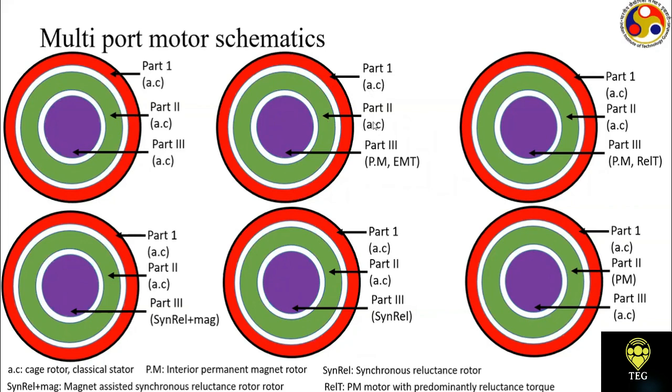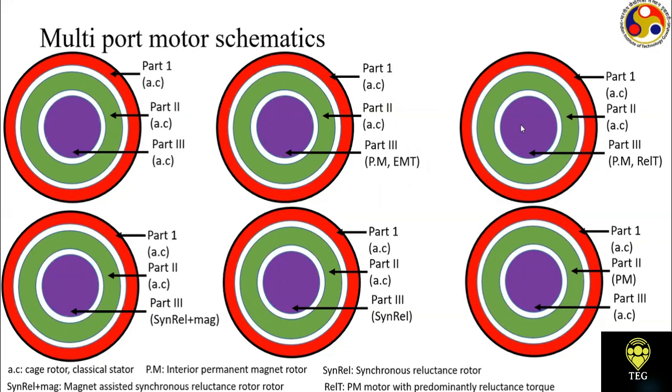to the green part I give an AC excitation, and for the purple part I use magnets. Okay. So in that case, I have a stator, then I have an induction rotor, a squirrel cage rotor, and here I have a permanent magnet rotor. Okay. I can similarly arrange the magnets in such a way that the purple rotor produces electromagnetic torque. So the rotor will be something like a BLDC motor, brushless DC motor here.